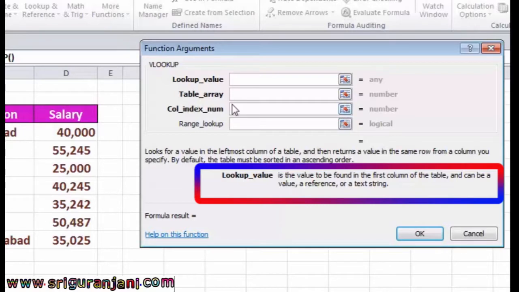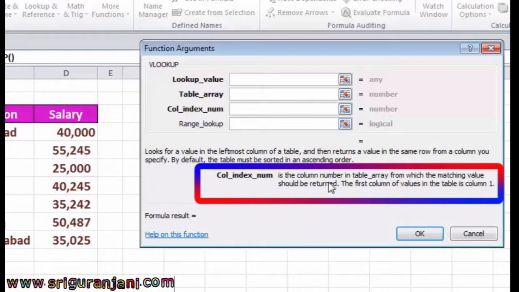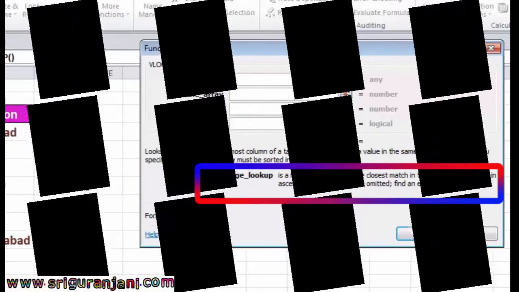If we click on the field of each argument, the relevant description will be displayed at the bottom of the dialog box. Based on the description provided by the application, we can find the object of each and every argument.